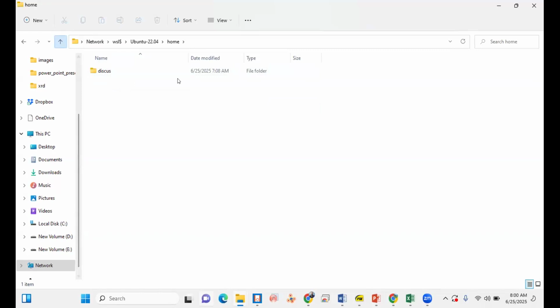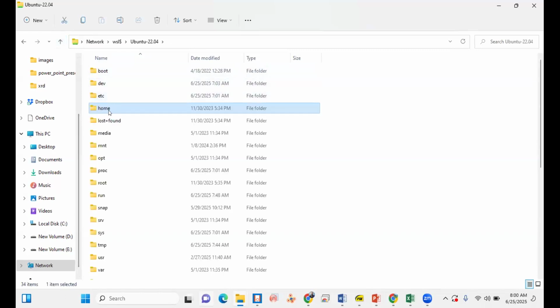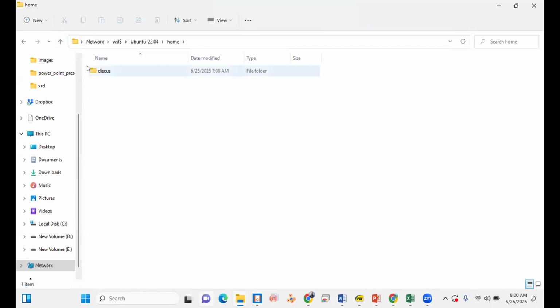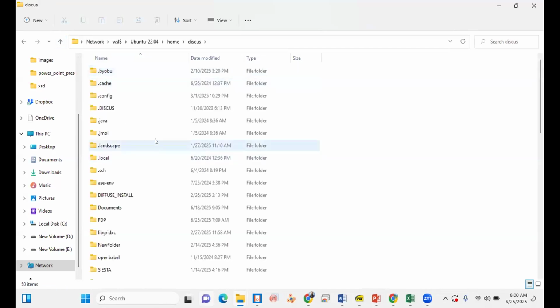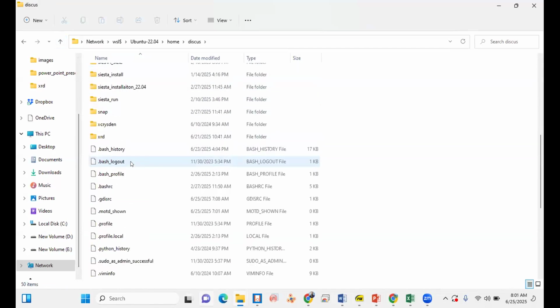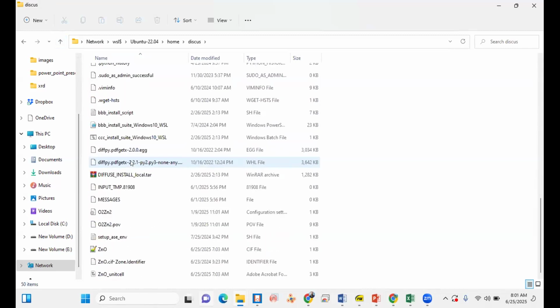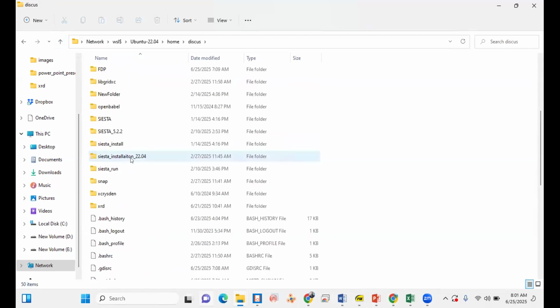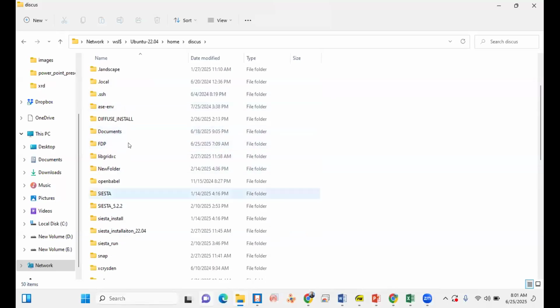Then I always go to the home directory. In the home directory, you will see your computer name or the name you gave to your computer. When you click that, you will see all the folders and files you have in the system. If you never worked with this system before, there will be no folder.